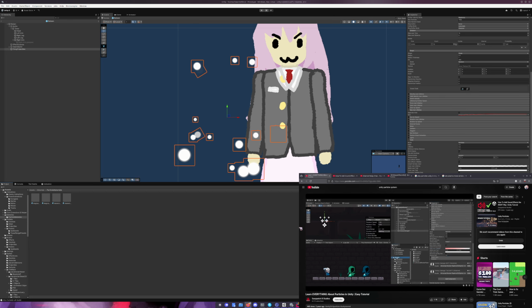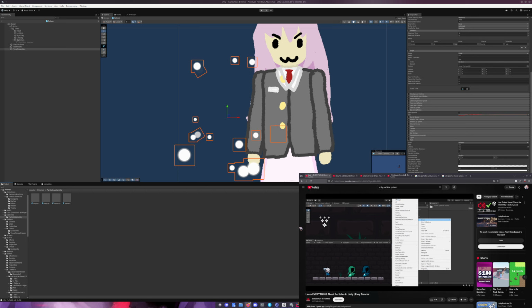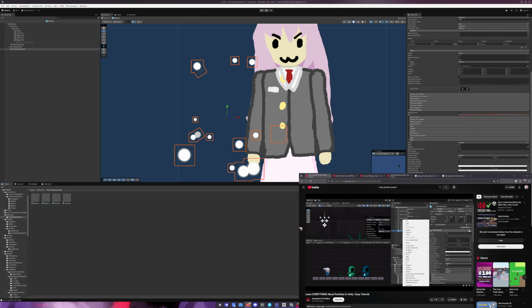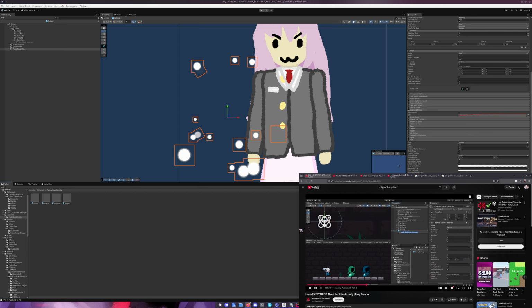So back in our root assets folder, let's create a new folder called prefabs and just drag that in there. The other really cool thing with particle systems is if you make a child object of your initial particle system, if you go back to your particle system and you enable external forces, you can now apply all of these outside forces to your particle